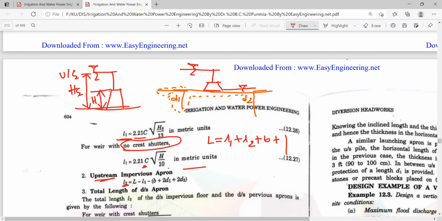Impervious apron we are providing, so water will creep like this and like this and like this. It will move like this, go like this and go like this, and it will enter into the downstream side. So this is the total creep length. So total creep length will be equal to